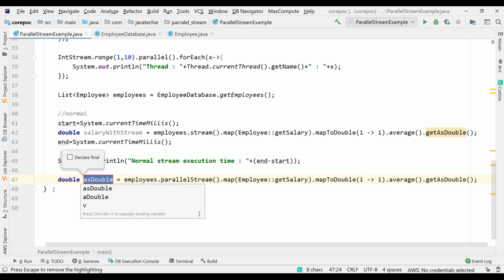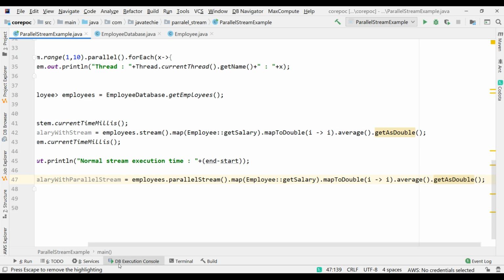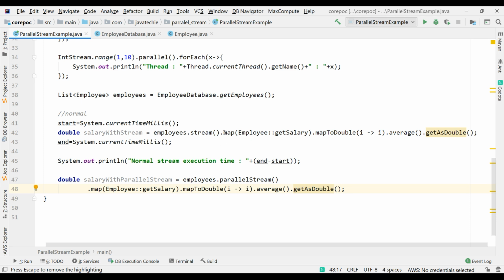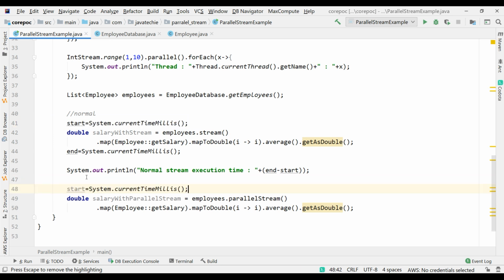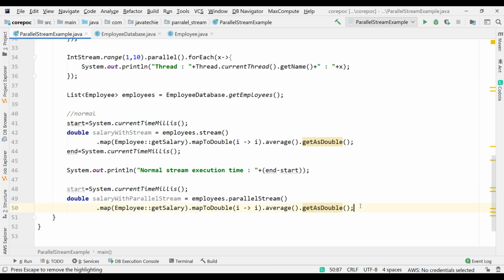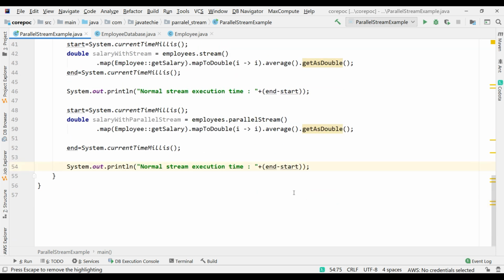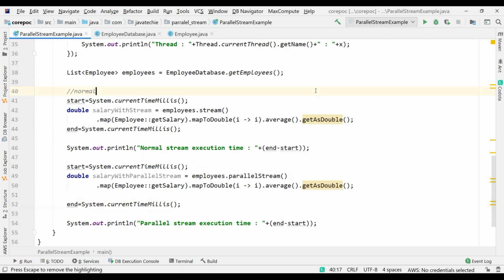I'll name it salary with parallel stream. Fine. So again let me format it. Let's evaluate the time for the parallel stream now. Let me copy this. Fine. Now let's run our code.